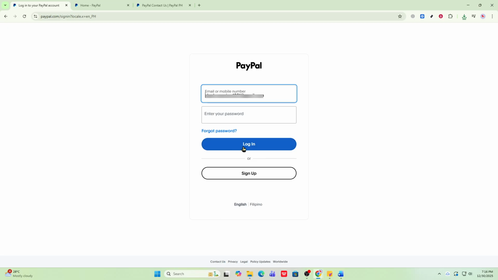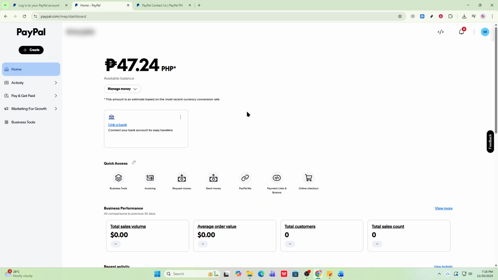If PayPal asks for a phone number you no longer have, look for alternative verification options. You may see choices like email verification or security questions if you set them up previously. If you don't see them immediately, look for a try another way link. On desktop browsers, these alternatives are often easier to find than on the mobile app, so using a computer can